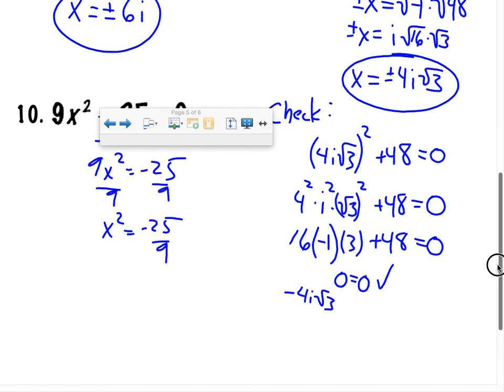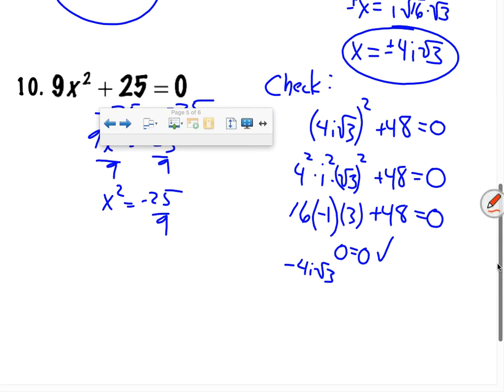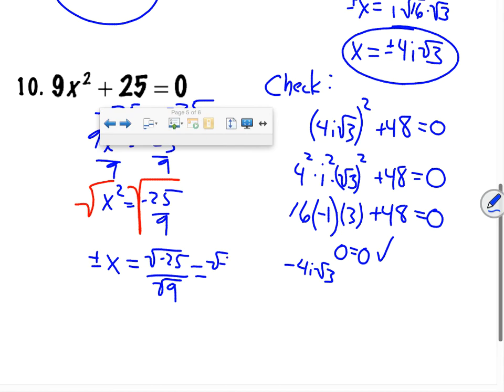Using the square root property, we can take the square root of both sides to try to get x by itself. So you're going to have plus or minus x equals, well, this would be like the square root of -25 divided by the square root of 9, which equals the square root of -1 times the square root of 25, divided by, well, the square root of 9 is just 3. So we have x equals plus or minus 5i over